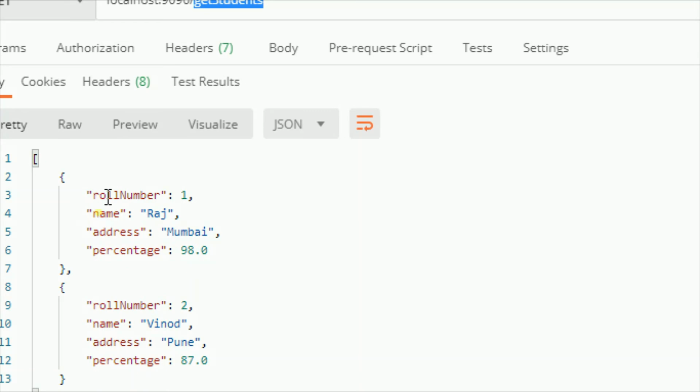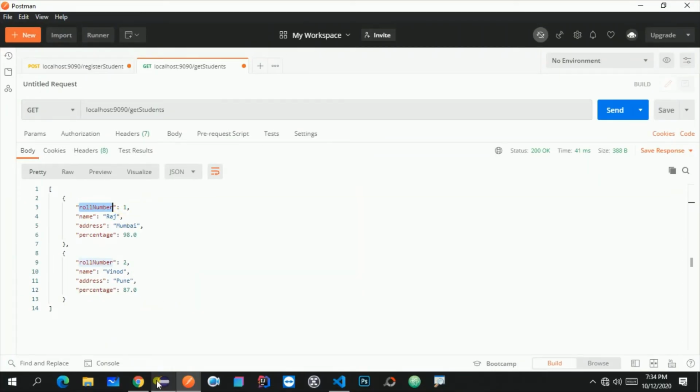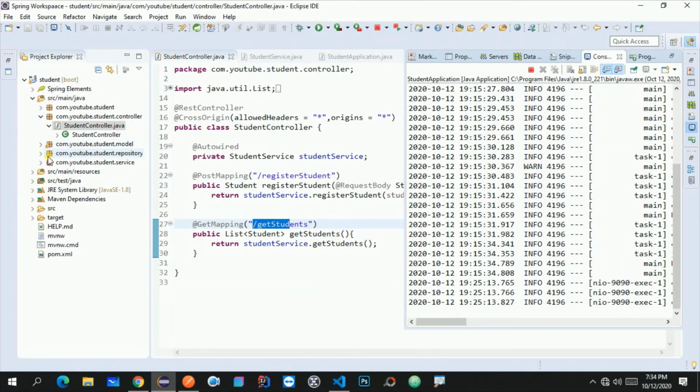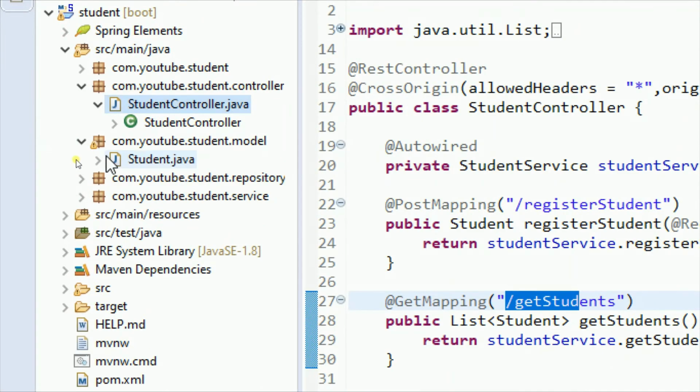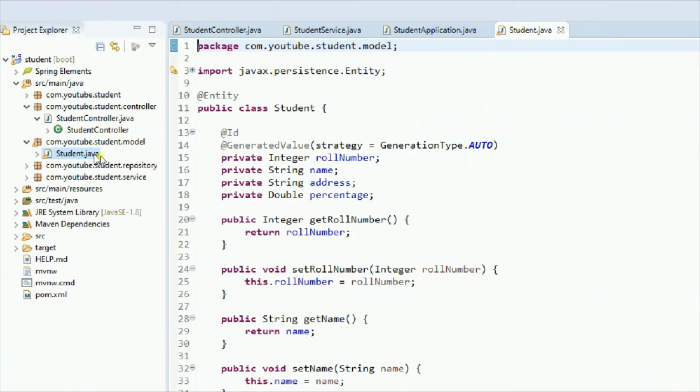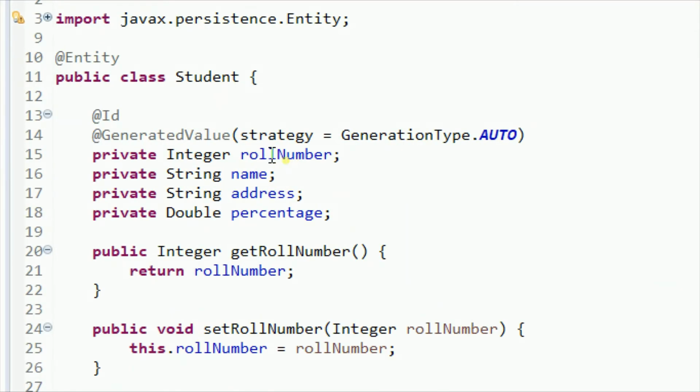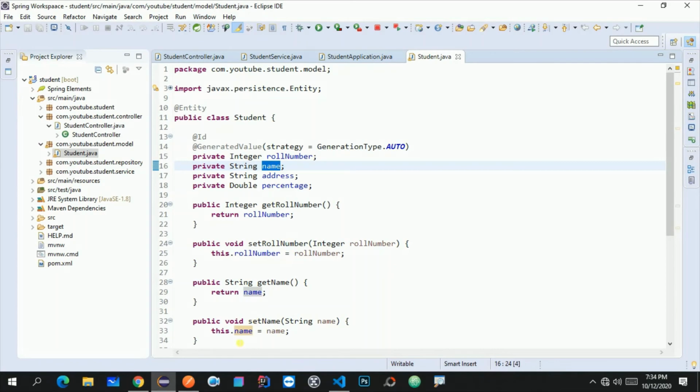You can see it in Postman, otherwise you can go to Eclipse and open your model class, and there you will find all these variables. Those Angular variables must be the same as these values.